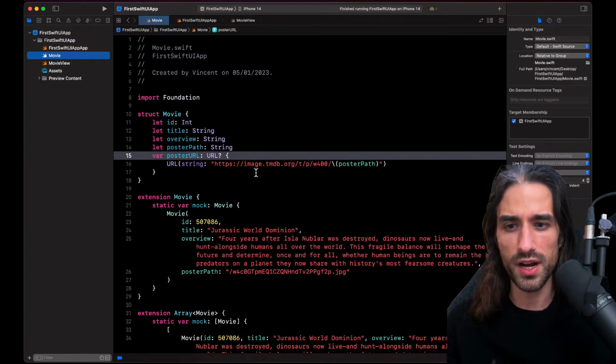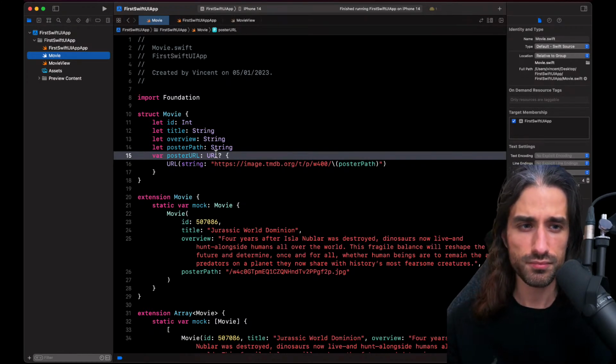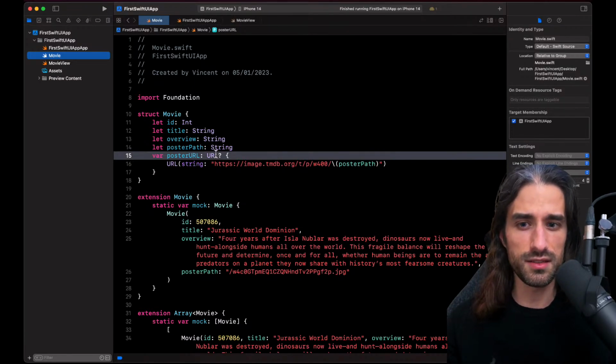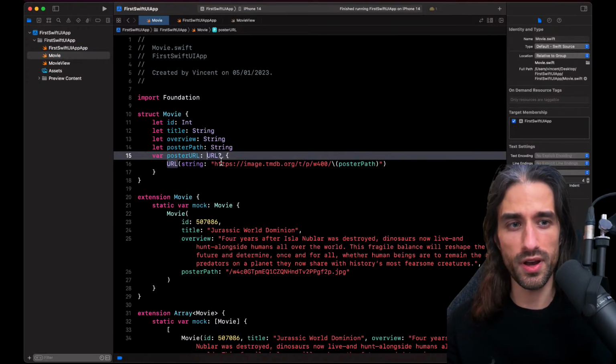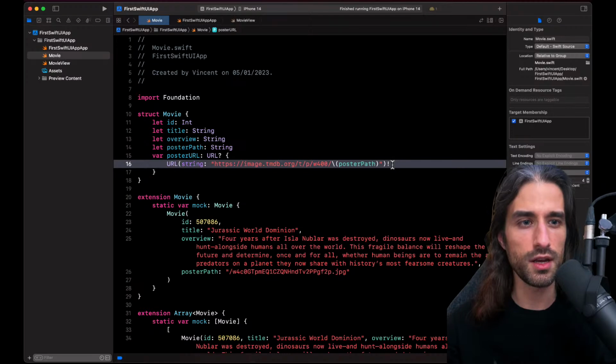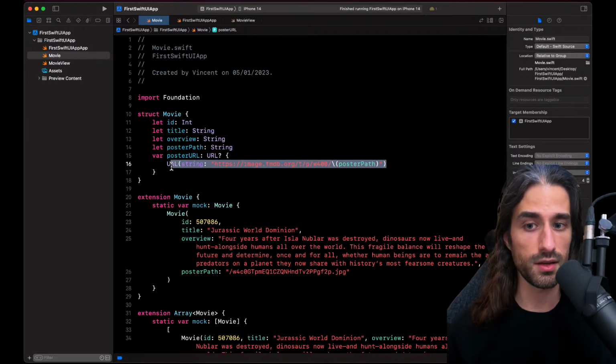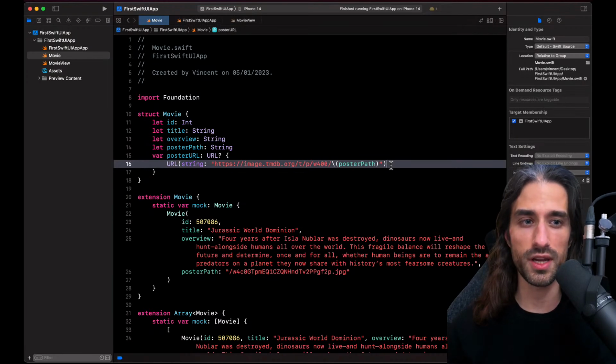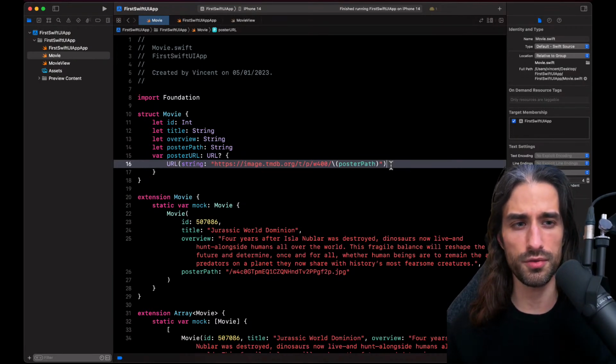So actually, what would have been the best would be either you return an optional URL like this, which works, or you return a non-optional URL, but instead of force unwrapping, you test if the URL that you obtained by trying to init with this string is nil, then you return the URL of a placeholder image that is stored in the bundle of your app.